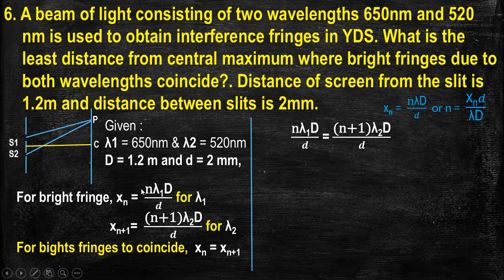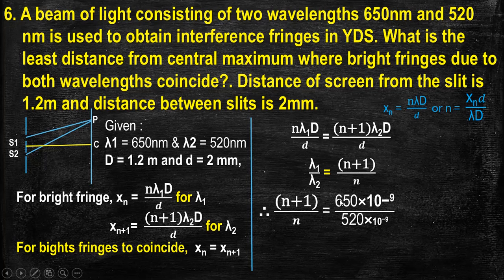If you equate this, what is the value of xn? n lambda 1 D upon small d. xn plus 1 is n plus 1 lambda 2 D upon small d. Equate it, then you get this equation. The common factors like small d and capital D get eliminated, leaving lambda 1 upon lambda 2 equal to n plus 1 upon n. If you solve it for n plus 1 upon n, you get 650 into 10 to the power of minus 9, which is the value of lambda 1, and 520 into 10 to the power of minus 9, which is the value of lambda 2. If you take the ratio, n plus 1 upon n becomes 5 by 4. Then if you solve it for n, you get n equal to 4, which means